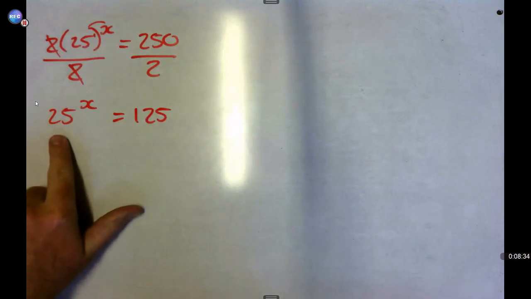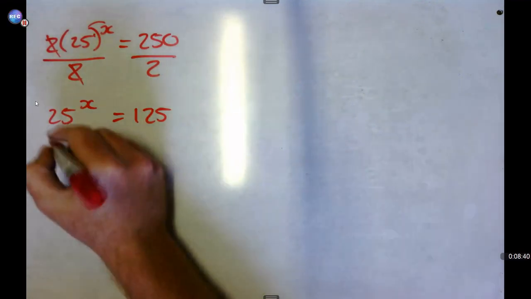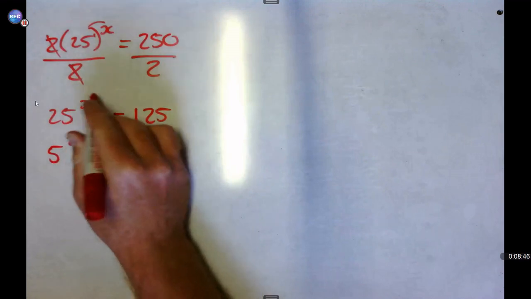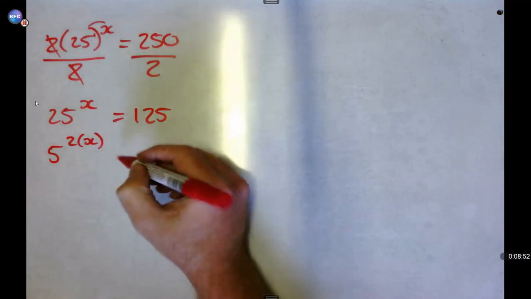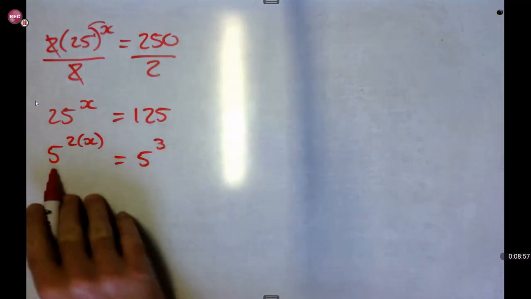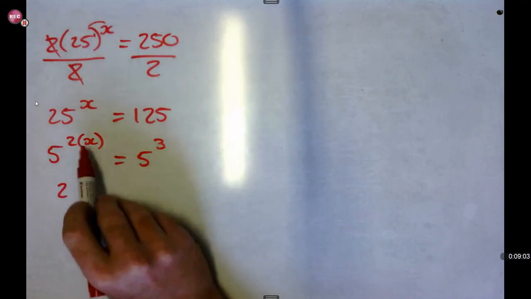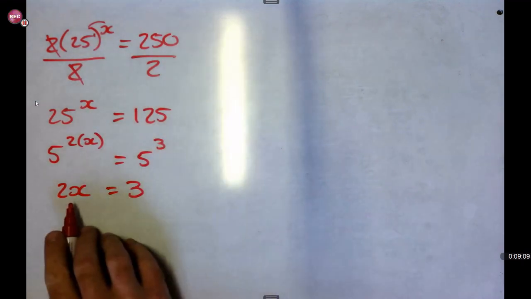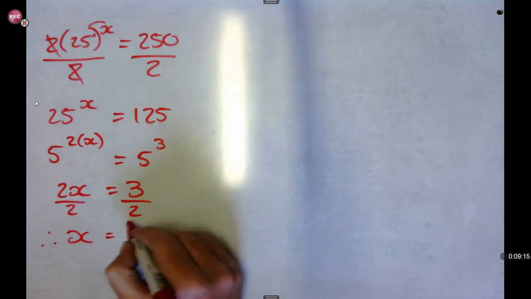Now, I need to go find the prime factors of both of them. So if you apply the calculator method, you will get that this will become 5 squared. And remember, whatever you already had there has to be put in a bracket, because you need to distribute. Then on this side I'll have 5 cubed. Now the bases are the same, so we get rid of the bases and we work with the exponents. So 2 times x gives me 2x, and then I've got a 3. We want x on its own, so we divide by 2. So therefore x is equal to 3 over 2.